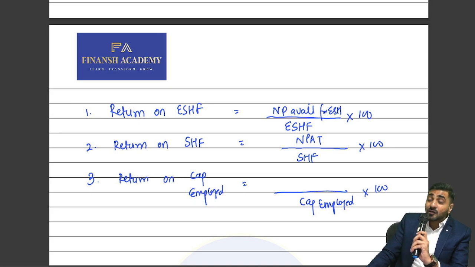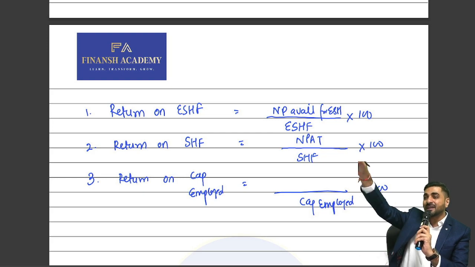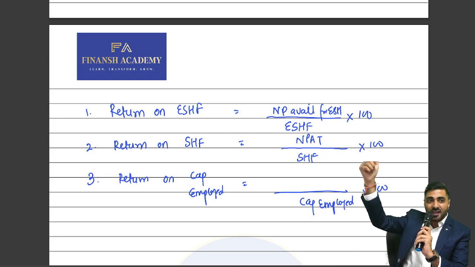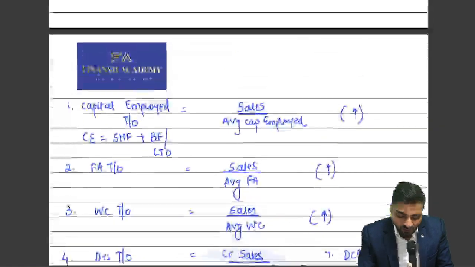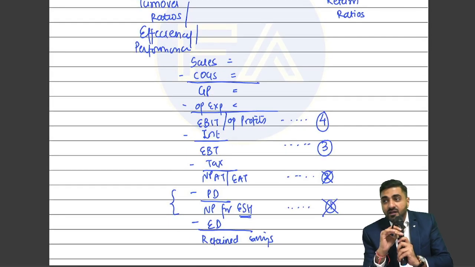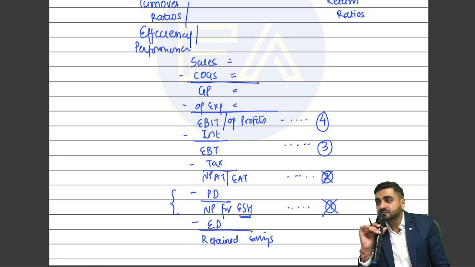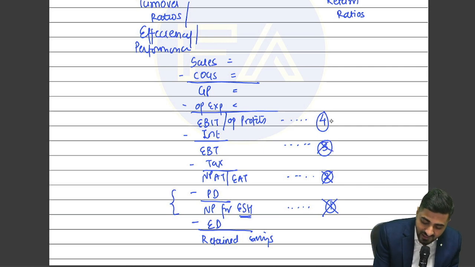Now return on capital employed is nothing but the money which is invested by shareholders as well as borrowed funds. So how much profit have we generated from their money? Now again I will go here and you have to tell me which option should I select. 4 or 3? You can have your opinion. Let me do a poll. How many of you with 4? Raise your hands. Anyone with 3? So can I say the answer is option 4?